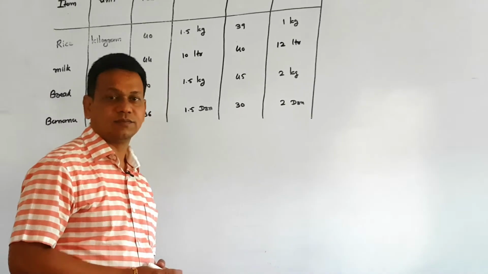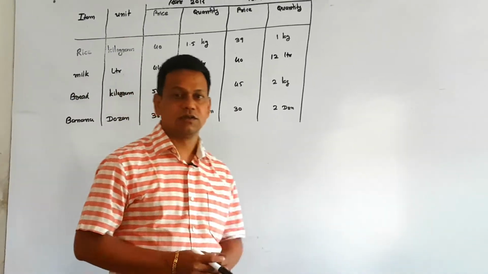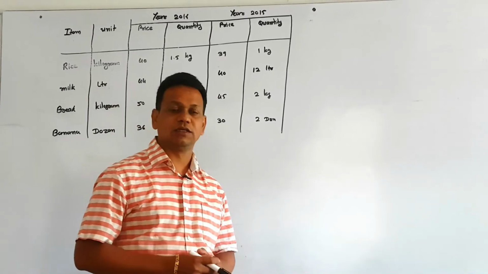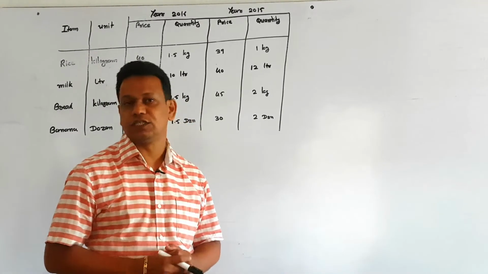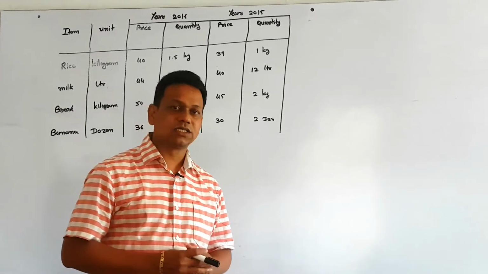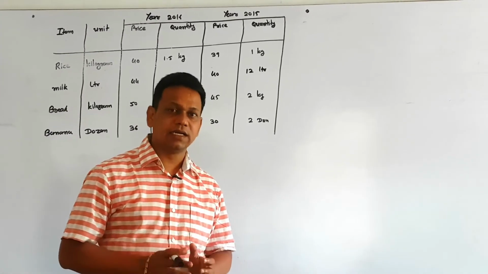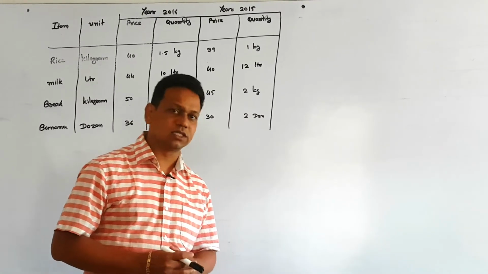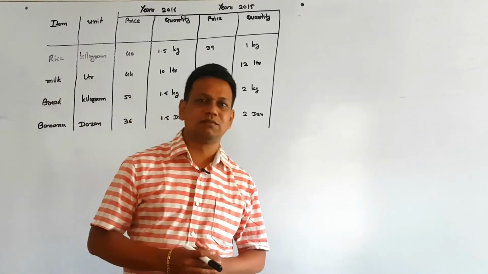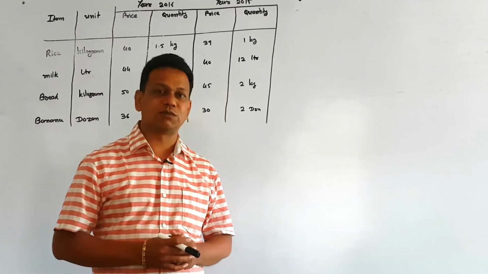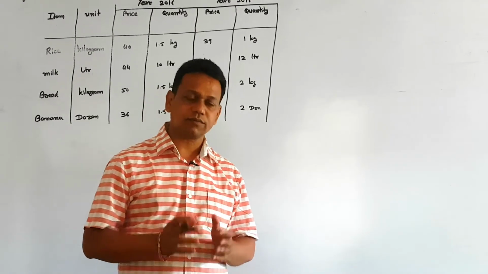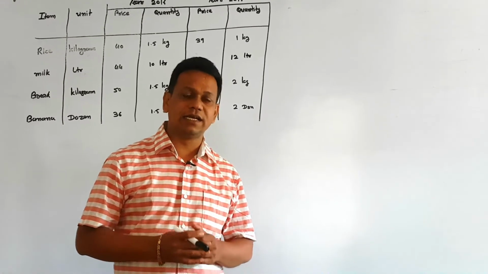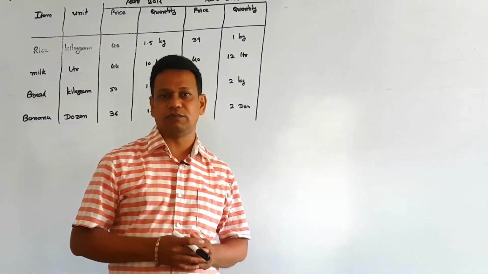Good morning, friends. As per our discussion of the new concept to find out indices by using Laspeyres' method, Paasche's method, and Fisher's method. As I discussed with you, the ideal index number is called Fisher's index number, and the reason we discussed is that Fisher's index number is the geometric mean of the Laspeyres and Paasche index numbers, and the geometric mean is considered to be an ideal average to construct an index number.